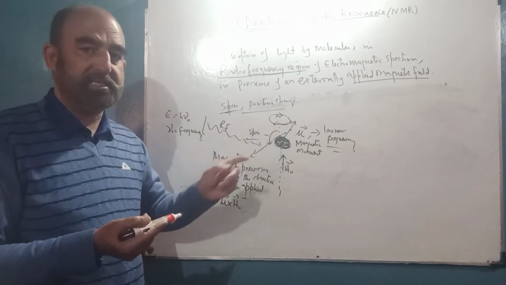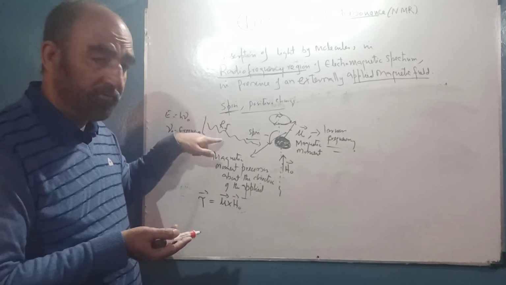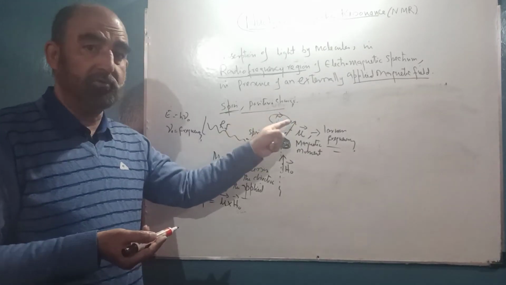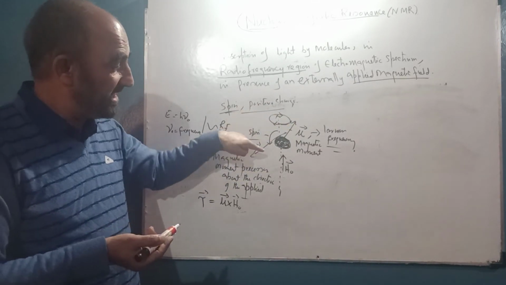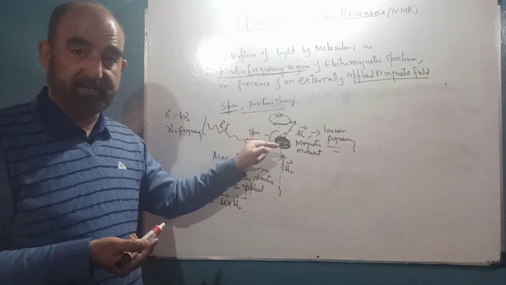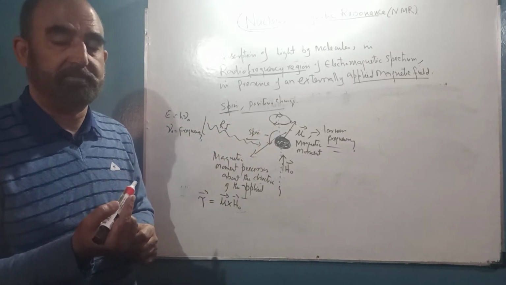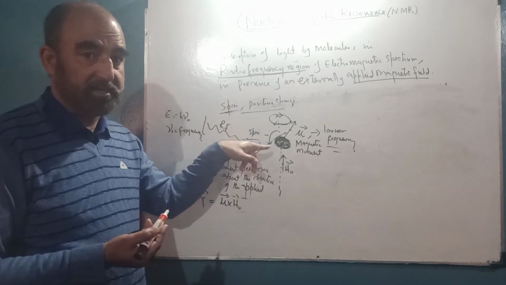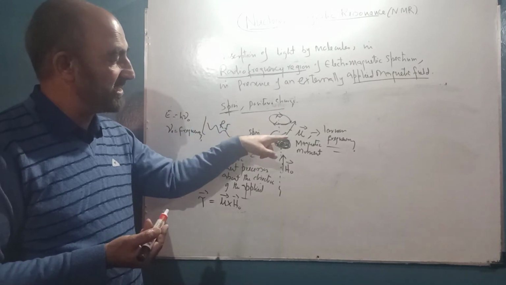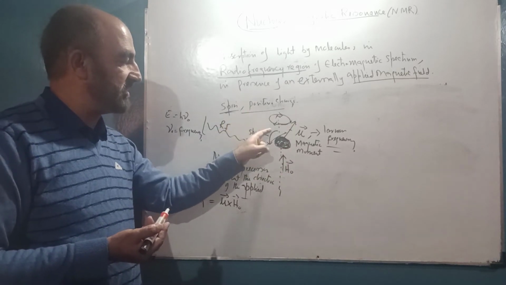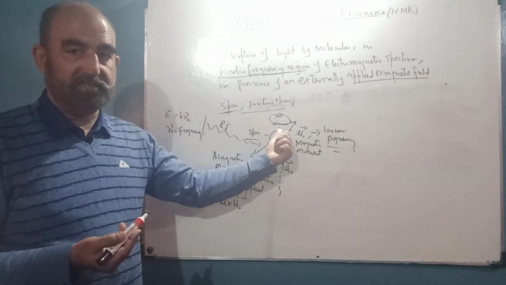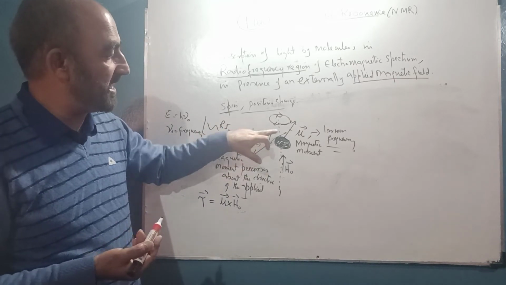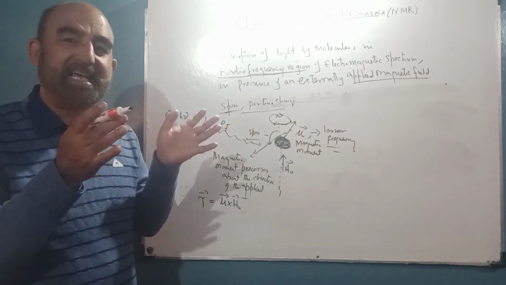Now if these two frequencies are the same, that means we are applying a radio frequency which has the same frequency as the precession frequency of this mu, the magnetic moment of the nucleus, which it has by virtue of its spin angular momentum. About that spin angular momentum we will talk in the next lecture. It is because of that spin angular momentum that it has a magnetic moment, and this magnetic moment is precessing at a certain frequency. Now we irradiate this with a radio frequency source, and the radiation has the same frequency as the precession frequency of mu. What will happen? A resonance will take place.